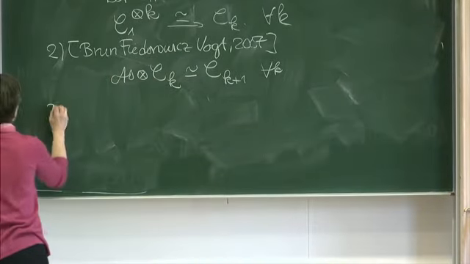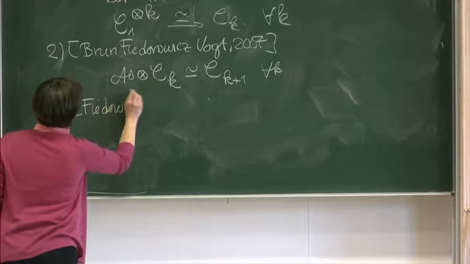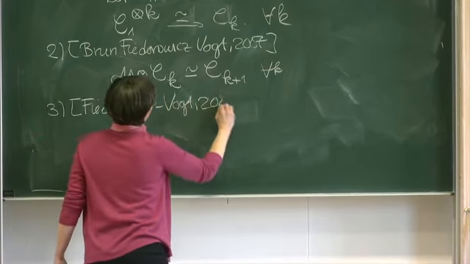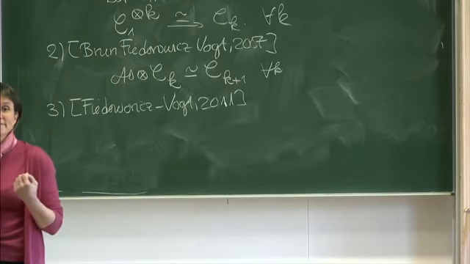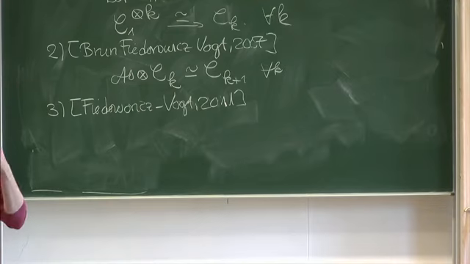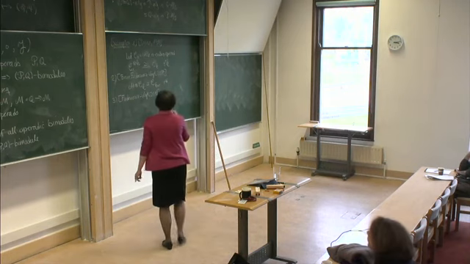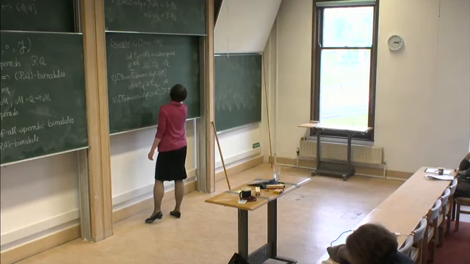And then finally, in 2011, Fiedorowicz and Vogt said that if you have, well, let's first define what we mean by an E_n operad. An E_n operad in this context is going to be any operad that is weakly equivalent to the n-cubes operad. So what they showed is that if I have E_m and E_n,